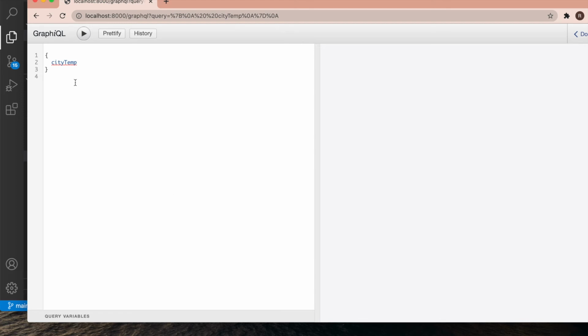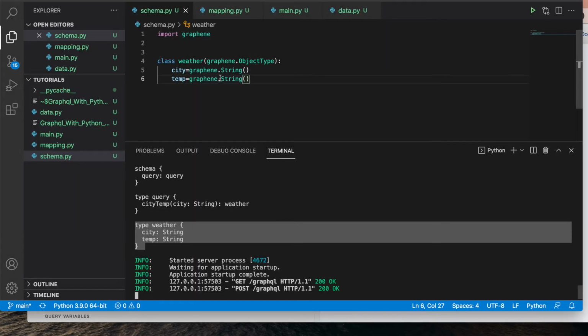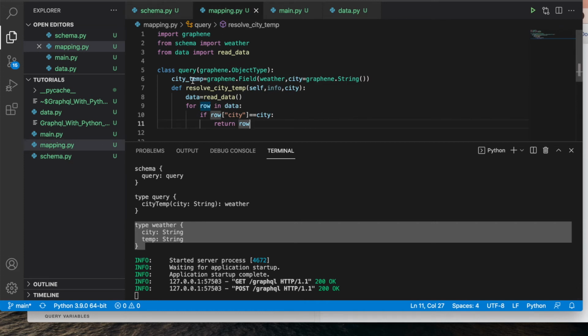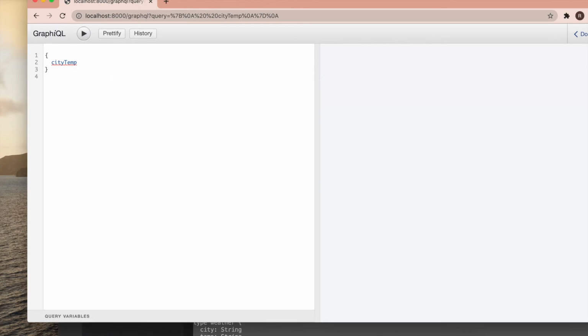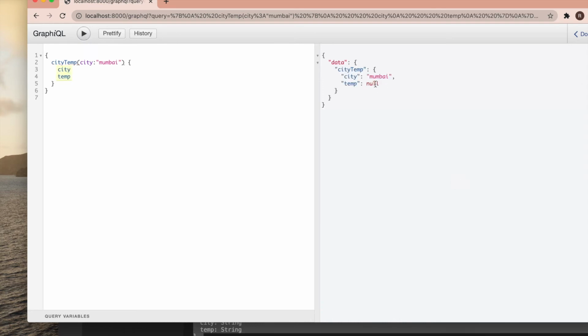Basically, as I told you, this is automatic camel case, so this gets converted into capital. Okay, so that is where cityTemp came from, and inside that, if you write, I get city. Let me write something like Mumbai. If you do this, we'll get the value. See over here, I got this.